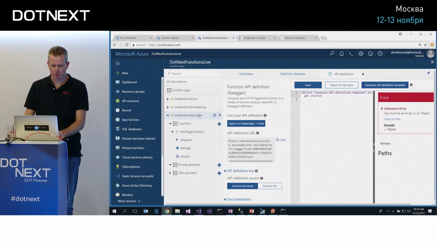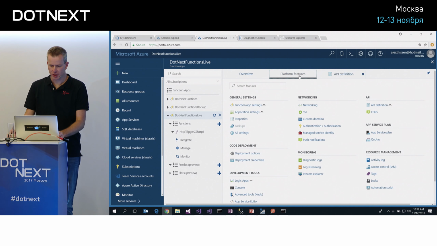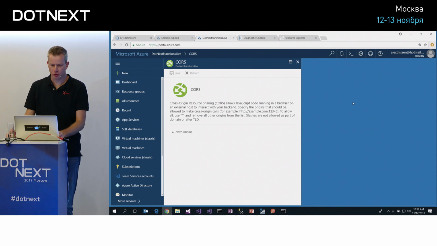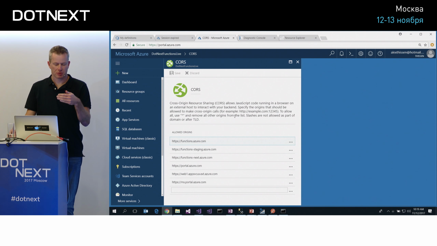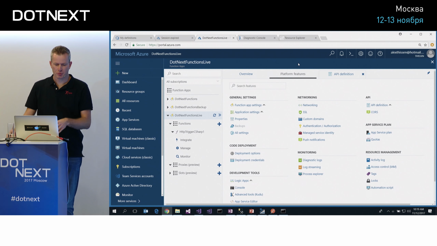Okay, final thing is, if we go back to here, then there's also CORS support. So you can have the cross-origin resource sharing, which allows you to circumvent any issues that you might have reaching HTTP functions. So a lot of things from the platform. What it boils down to is,